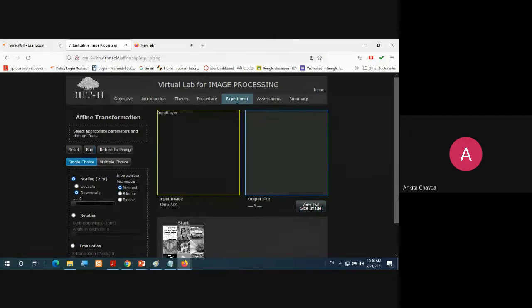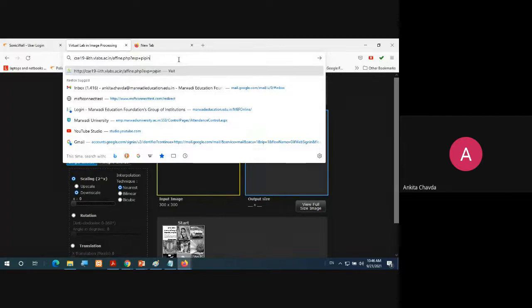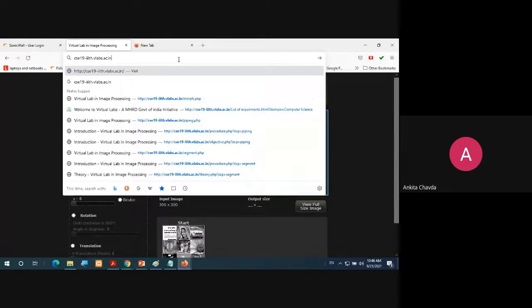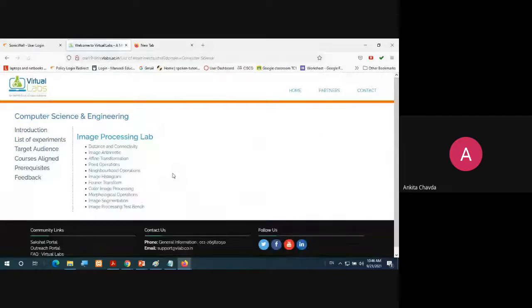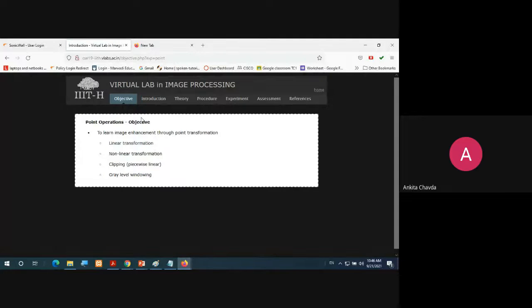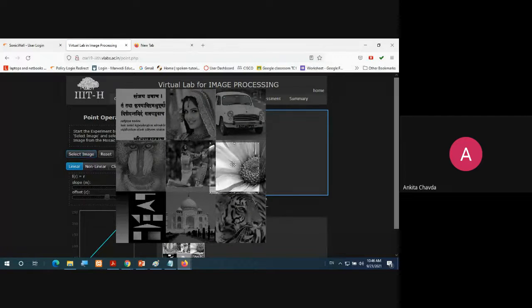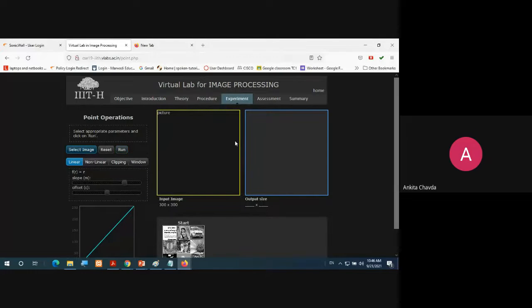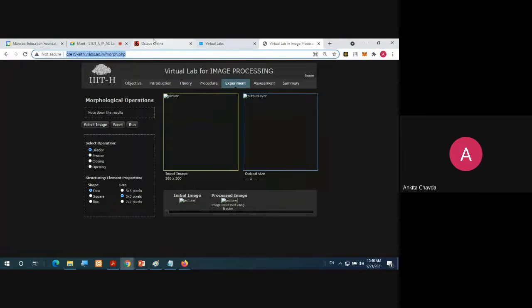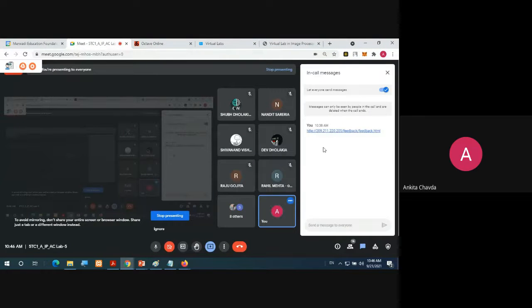It's not working. We can try with the previous one, which we have already done. So we can at least check whether the problem is with their site or just a few of the programs, few of the experiments they have. See, the problem is at their end. So we can wait for 1 or 2 days. You can check it on your own. Fine. And if this is working, then just let me know. Okay.